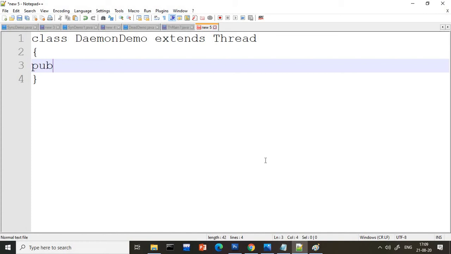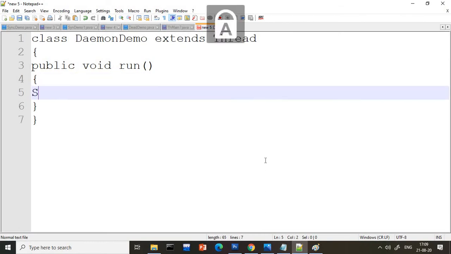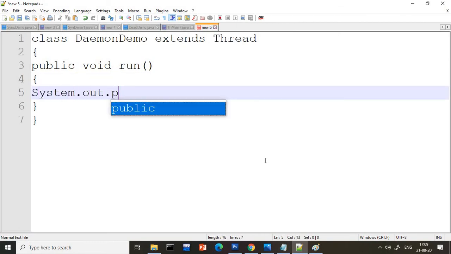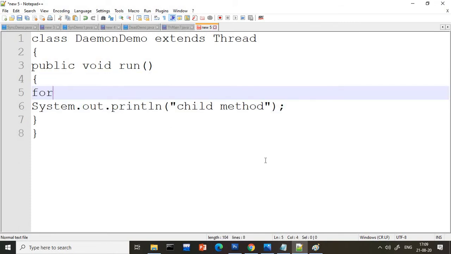I will use the method called run, public void run, and inside that I will write a simple message, System.out.println, and I want to print "child method", that's it. And this method I want to print 10 times. Control C, for loop, int i = 1, i <= 10, i++.